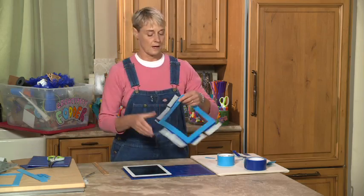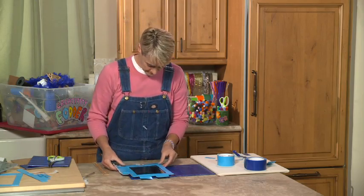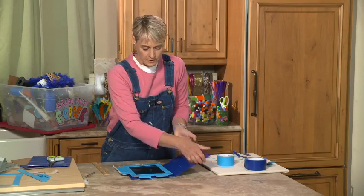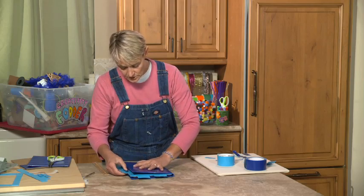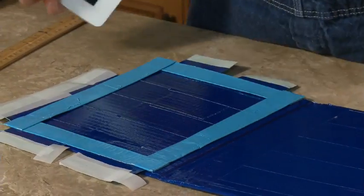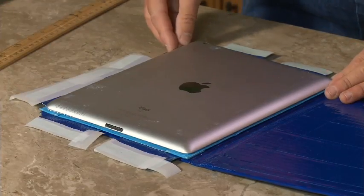Okay. I've got some parchment paper because I did these ahead of time, and you can see what's great about the parchment paper is it just peels right off. Okay. So I line this all up and close my book. I want to make sure that it doesn't slide too much. Close it. Close it there. Flip it over. I can just adjust it if I need to. This side here. There we go. Line it up